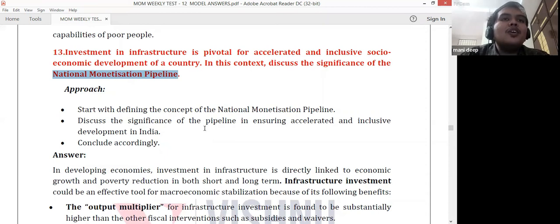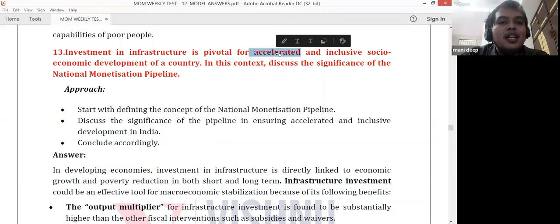So how is it important for accelerated growth? In accelerated economic development, if we have huge infrastructure, then the transportation or logistic cost will be very much less. Due to the lower logistic cost, prices will be very low, so our product will be competitive in the foreign market also. So we can focus upon exporting our products. Second, our product will be competitive within India also, so we can fight the imports that are coming in.